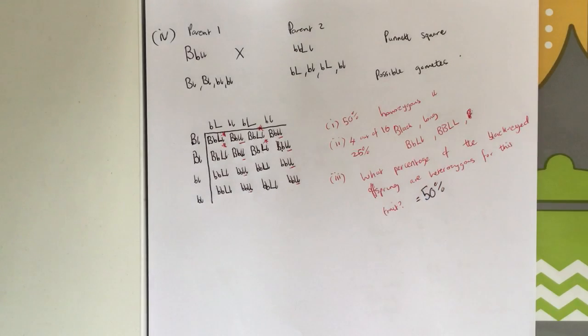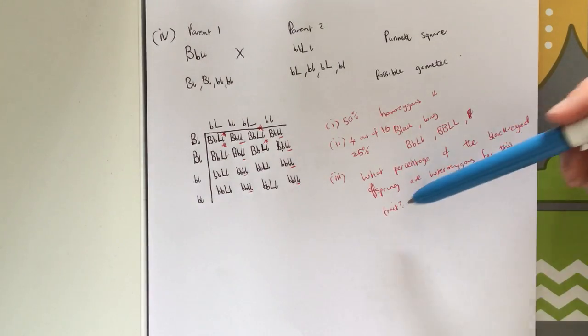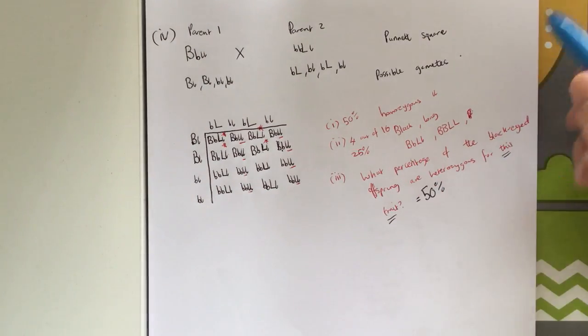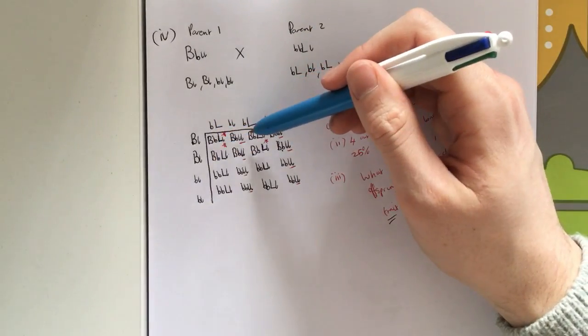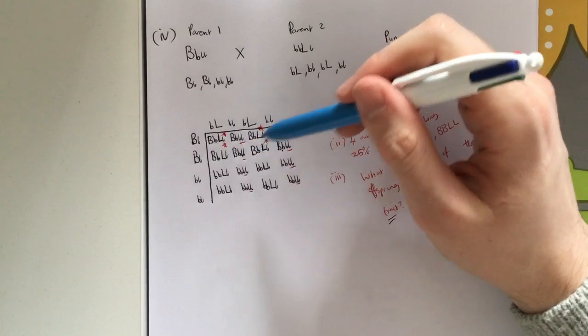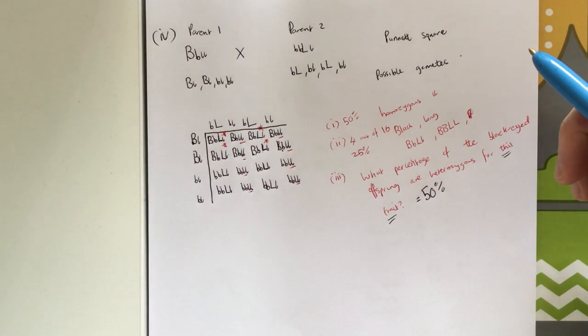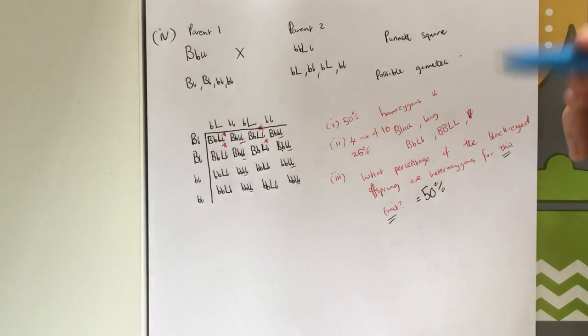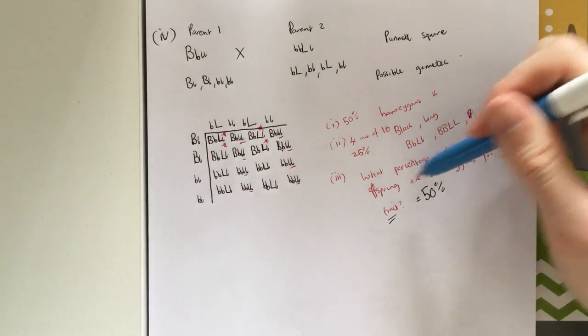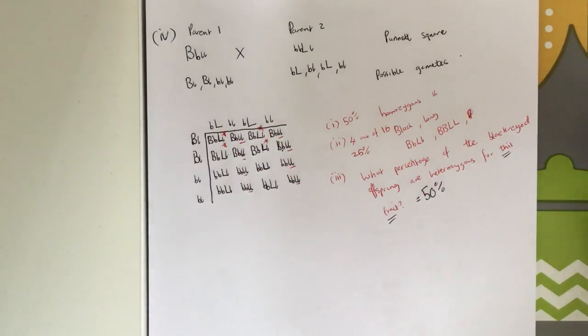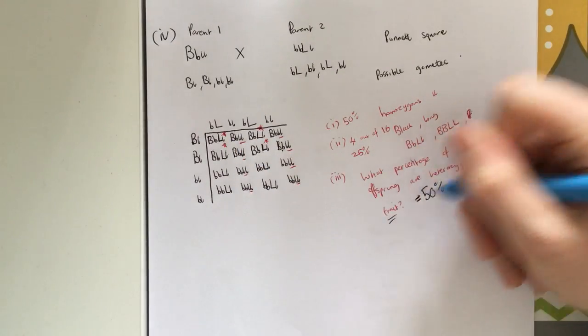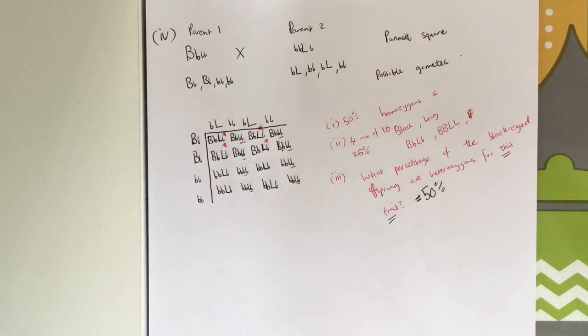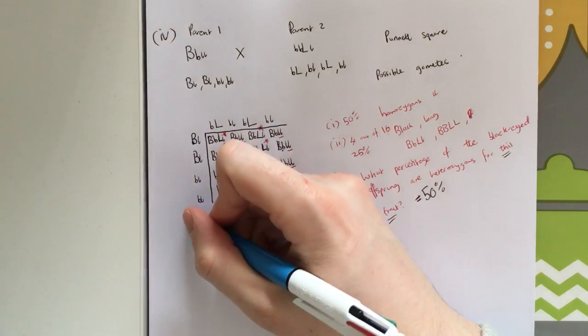Okay, so I think there was a mistake on this particular question, that they didn't finish off that question. If you're asking what percentage of the black-eyed offspring are heterozygous for this trait, meaning black eye, I would say 1, 2, 3, 4, 5, 6, 7, 8. They're all heterozygous for being black-eyed. But what they mean to say here is what percent of the black-eyed offspring are heterozygous for both traits. 1, 2, 3, 4, and that's why the answer on the marking scheme was 50% and not 100%. Okay, so never mind that, they won't make mistakes like that on the June exam.